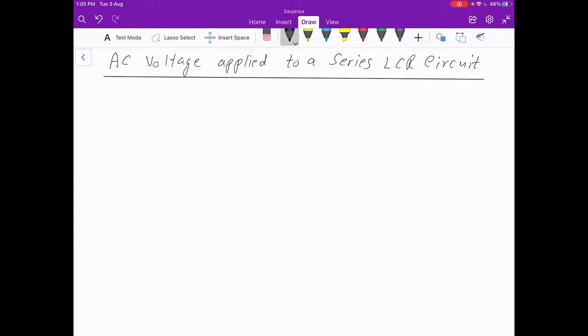So the circuit diagram is quite simple actually. Look at it, there is an AC source. How do you represent an AC source? You use a circle and inside that you draw a little sine wave. You already know the formula for epsilon, it's no secret anymore. Epsilon is going to be of the form epsilon naught sine omega t.